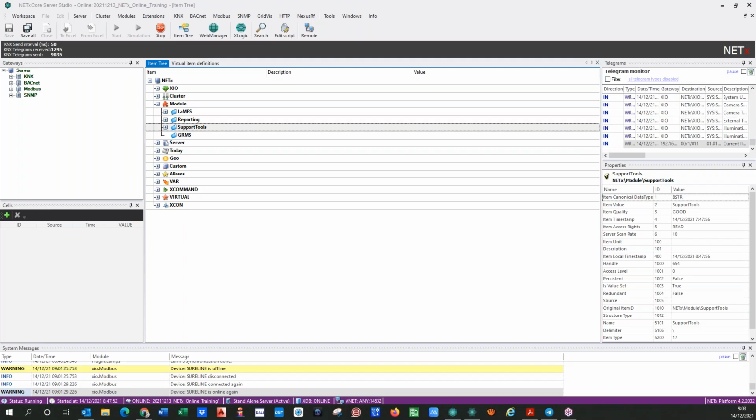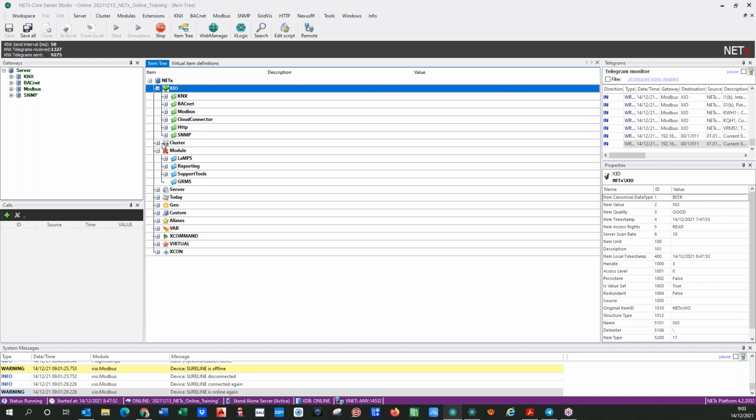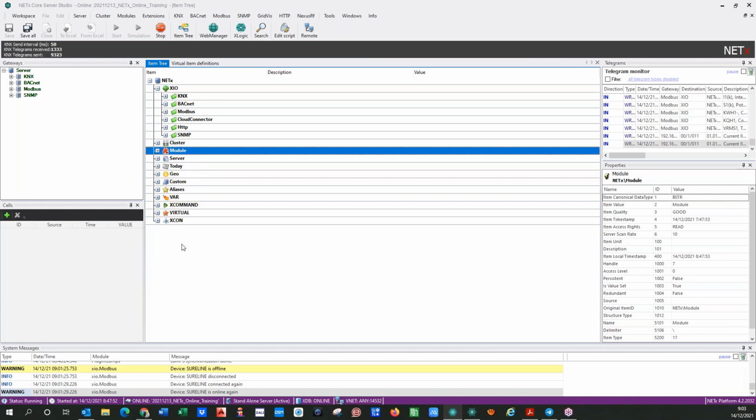Okay, we're ready to start with this first session of the second day, so session number 4 for this training. Yesterday, as a small brief resume, we have seen a lot of things that we can integrate in the BMS platform, and we have seen more or less in depth the item tree with a lot of functions that we can combine together. We have seen how to integrate different protocols. We have seen how to also use different kind of data points that we can also use for supporting the projects,